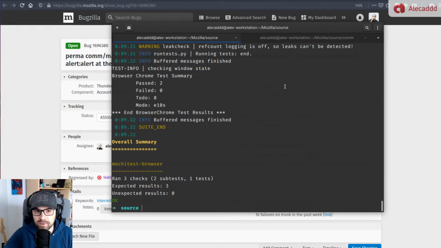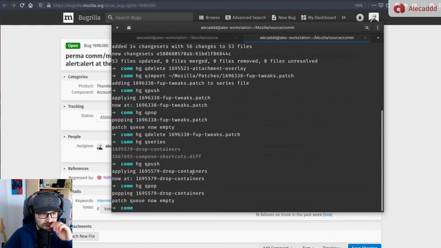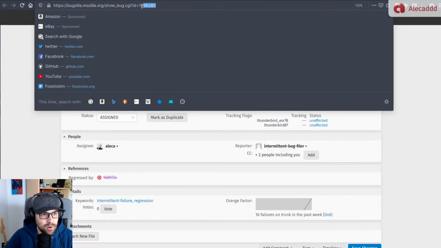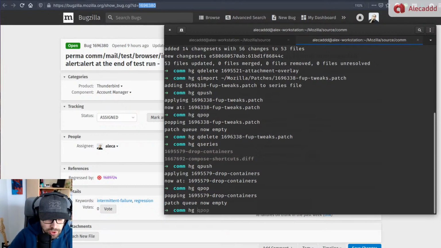But because my computer is faster, that alert doesn't get triggered because the test gets shut down. Like the entire application is shut down before that alert is triggered. So that's the tricky part. We're going to try to fix it, and we're going to push to the try server to see if we actually fix this. So first of all, let me copy the bug number here, and let's do hg